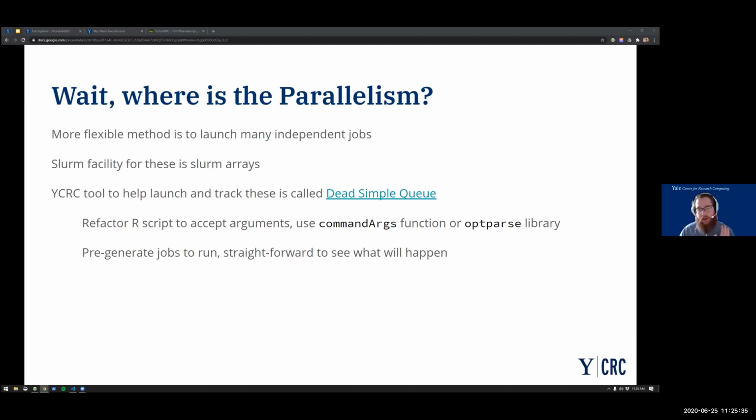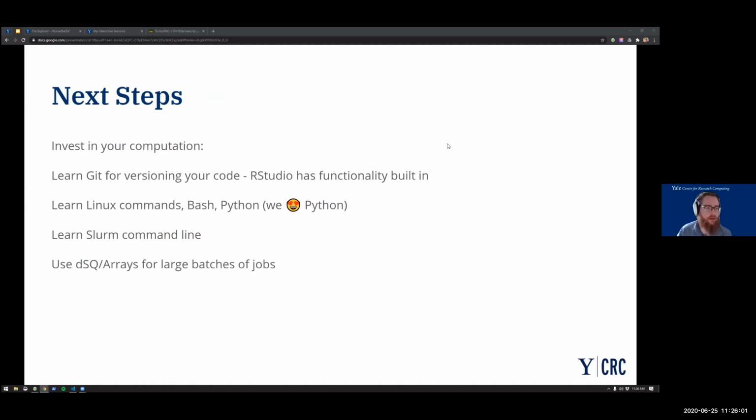Oh, this will also be the best way if in the future you wanted to use something that didn't involve R. So say you had a colleague that was doing some work in Python, or if you had a compiled program that you were using, this approach will still work as long as you can specify the individual separate jobs that you want to have done. I just have a few more things.